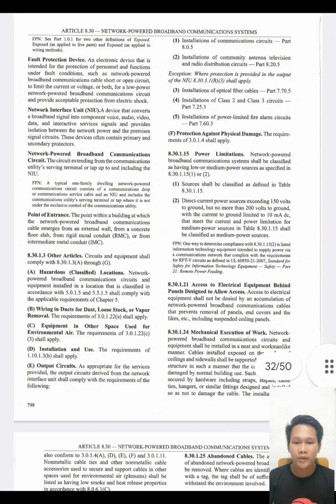Next, we have network-powered broadband communication circuit. The circuit extending from the communications utility serving terminal or tap up to and including the NIU. Next, we have point of entrance. The point within a building at which the network-powered broadband communications cable emerges from an external wall, from a concrete floor slab, from a rigid metal conduit or RMC, or from intermediate metal conduit or IMC. So next we have